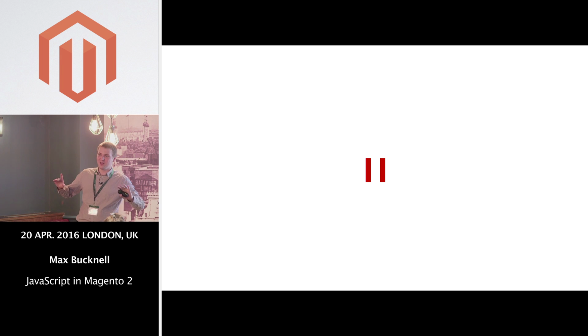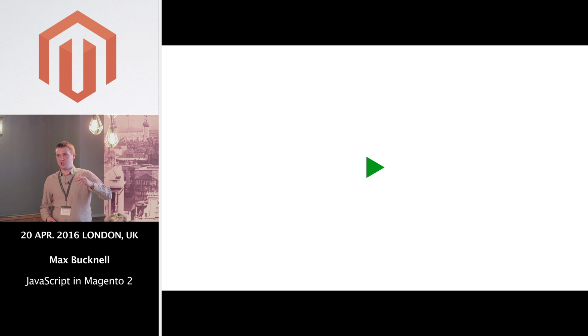Whoa, oh no. Browser's not expecting that. So we've got to stop. We've got to download all the JavaScript. We've got to parse it, execute it, then we carry on, right? But it actually does this for every single JavaScript file in the whole page. And when you load a page and you see just a dumb blank white screen before the stuff renders,